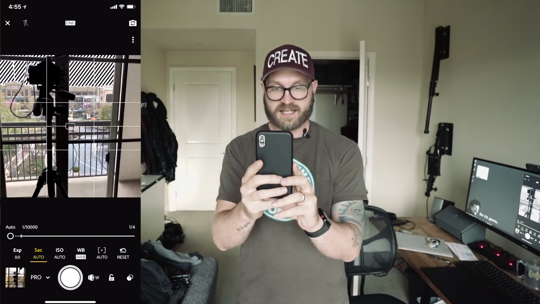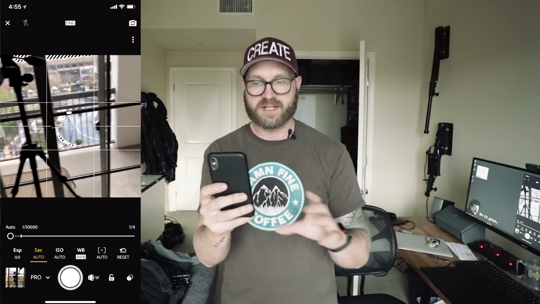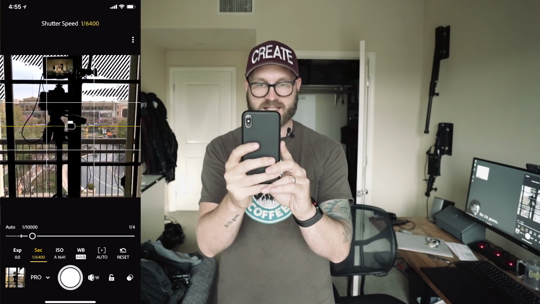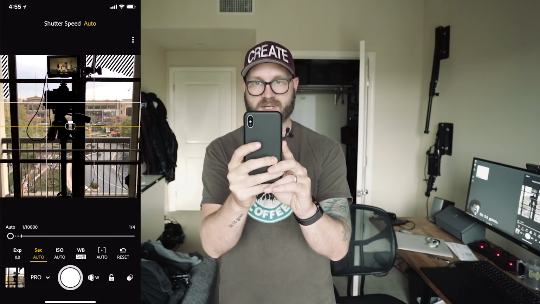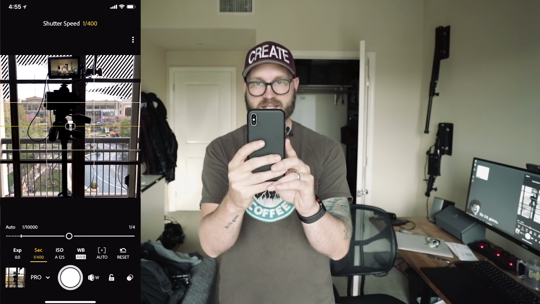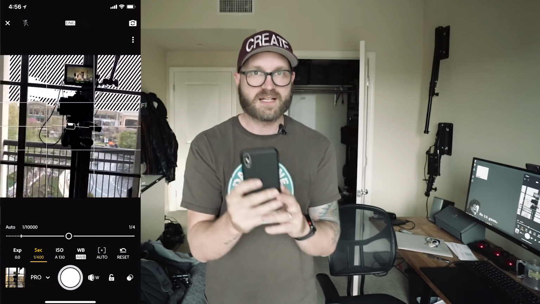A bunch of features have been unlocked. So I'm gonna hit this thing that says Second, and I don't want my shutter to be too slow. I don't want things to be blurry. I am going to just slide this slider and make sure, looking up top where it says shutter speed, that I am at, I don't need to be that high, but I could be at like, say, 400. And that means at 400, I'm gonna be able to take a photo with movement and not have any motion